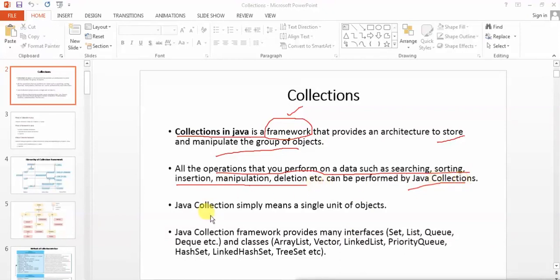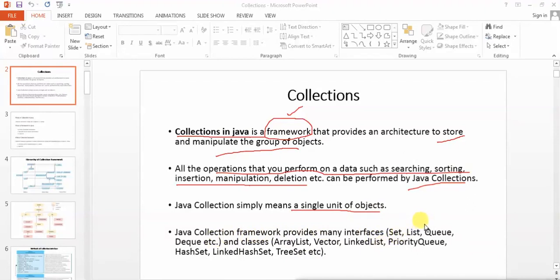So in short, Java collection simply means a single unit of objects to store and manipulate the data. The Java collection framework provides many interfaces and classes.